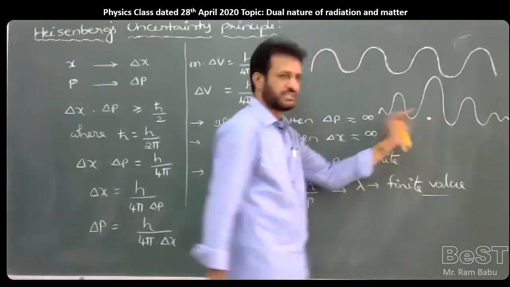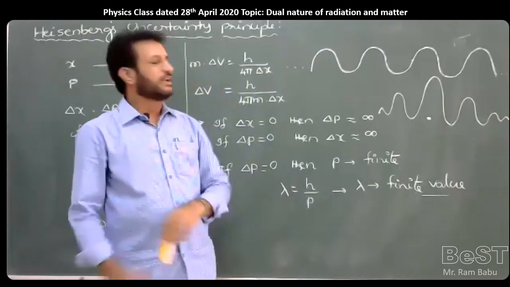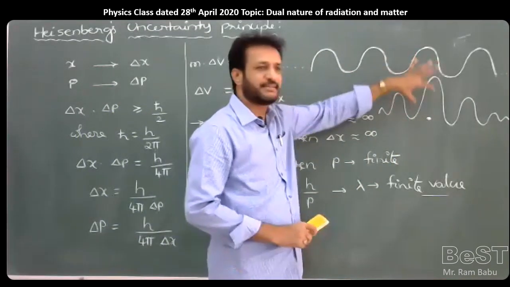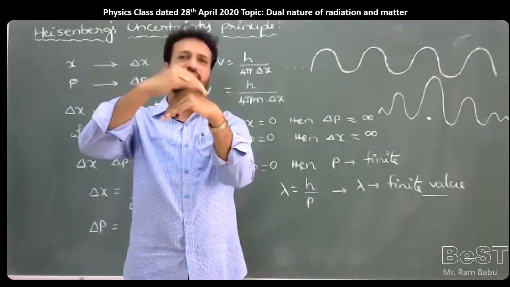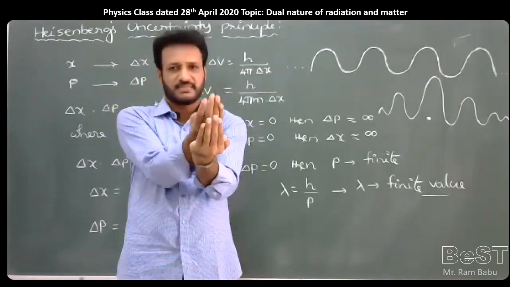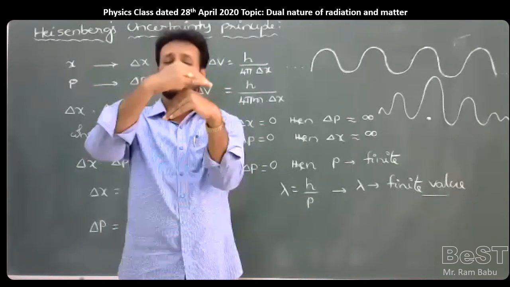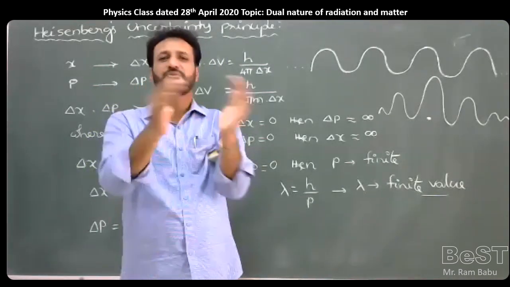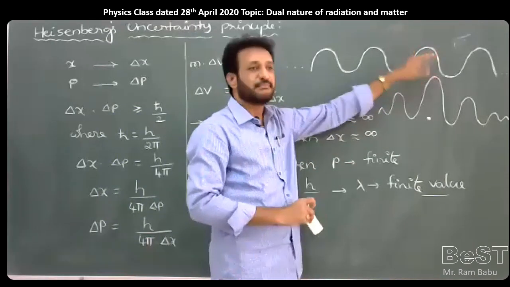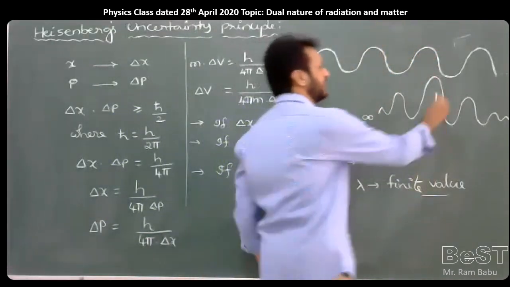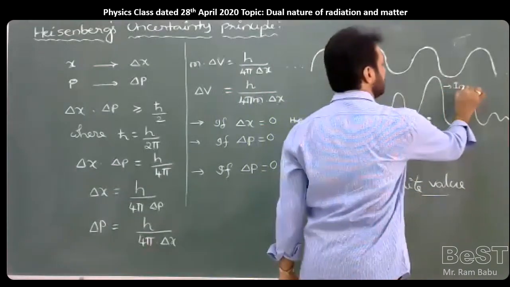It is, for example, the position of the particle, and there all the waves are constructively interfered, like the crest of the first wave and the crest of the second wave, or the trough of the first wave and the trough of the second wave. Because of this superposition, all the waves add up, and because of the adding, the intensity becomes maximum. So at that point the intensity becomes a maximum. You should write like this.